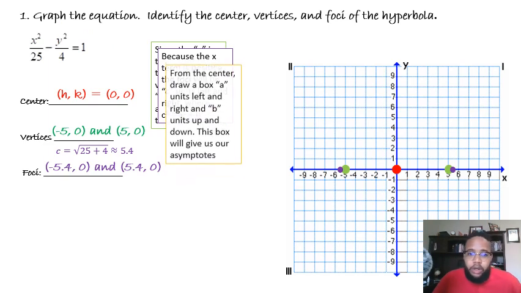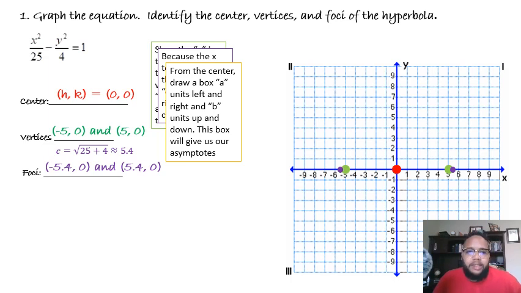Now we have to draw a box, and this box is A units left and right and B units up and down, and this box will give us our asymptotes. So we already have the A units left and right. Those are those green dots, the vertices. Now we're going to go B units, which 4 is B squared, so B is 2. We're going to go B units up and down. Now, I don't know if you can see the box yet, but let's go ahead and draw it in with a dashed line. So if you look at the point 2, 0, we're going to go all the way around